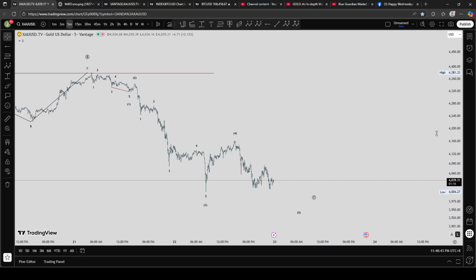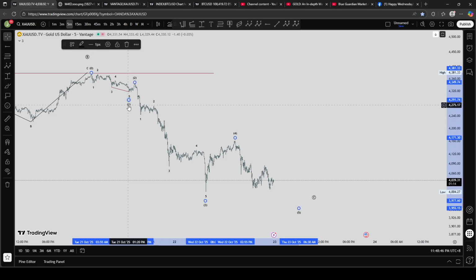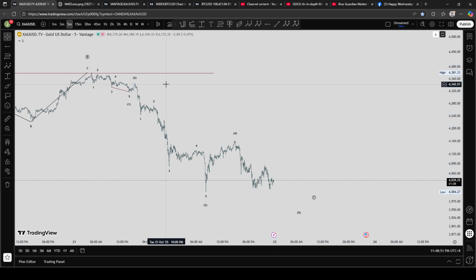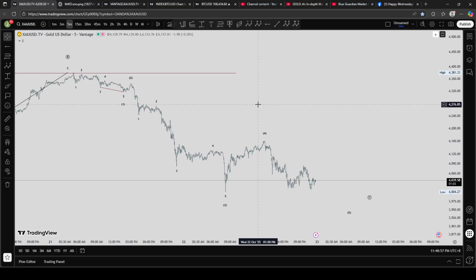So therefore, we have completed the internal waves of wave 1 here, 1, 2, 3, 4, 5 as a leading diagonal. We have completed the internal waves of wave 3, and if we check the cardinal rules of Elliott wave theory, wave 2 did not retrace beyond the territory of the origin or wave 0. Wave 3 is not the shortest, obviously, and wave 4 did not retrace beyond the territory of wave 1. Since all three cardinal rules of Elliott wave theory are satisfied, this is a clear impulsive motive